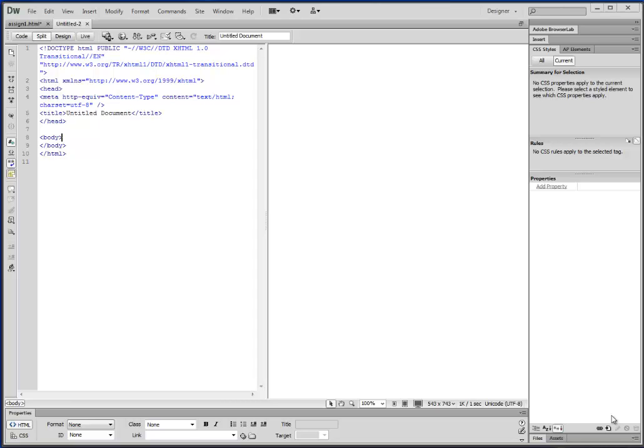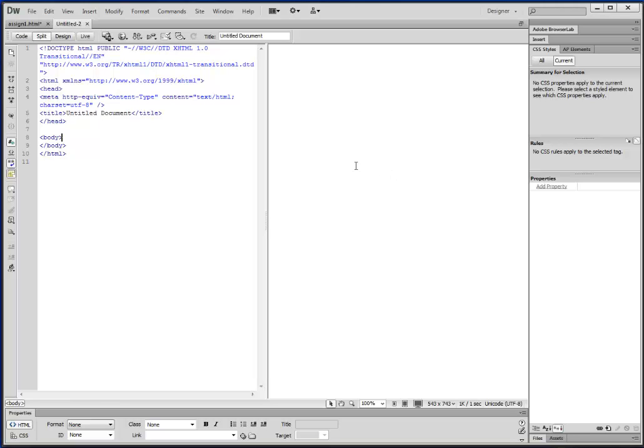Okay, so this is the second part of a tutorial covering the generation of interactive buttons in Dreamweaver. The first part covered the generation of the imagery that's going to be required to develop those buttons. So we went through that in Photoshop, and I showed you guys how to save those out as PNGs. So what we're going to do here is start to plug that in and generate our